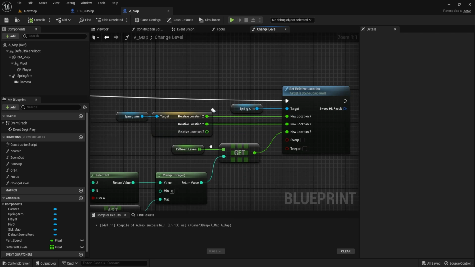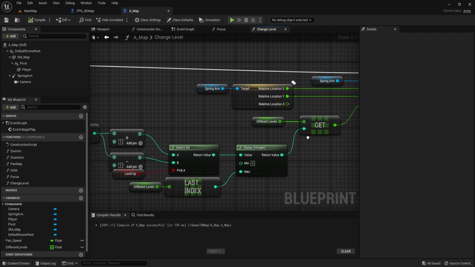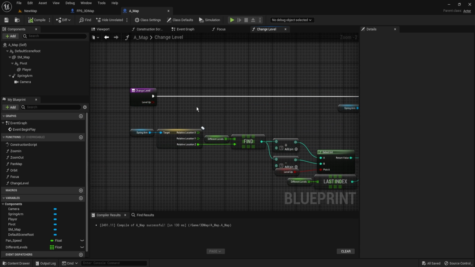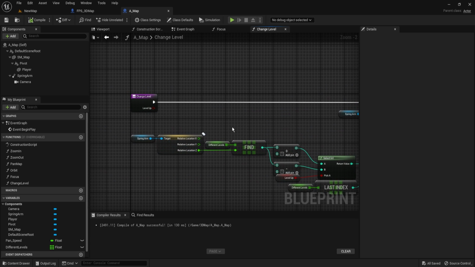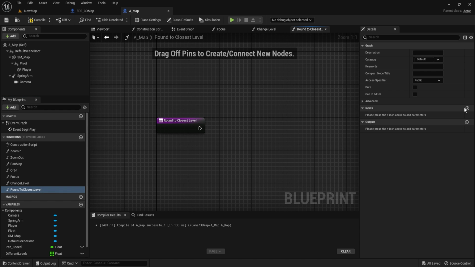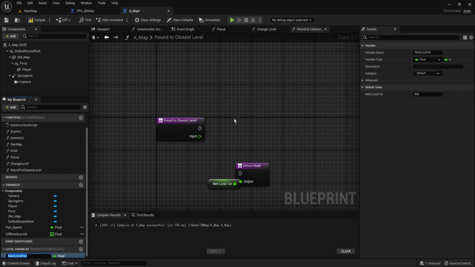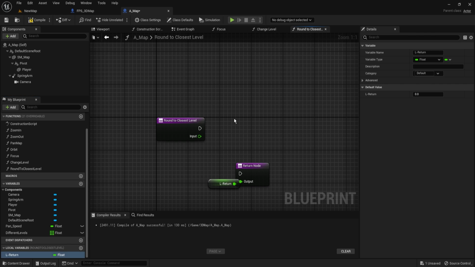So to fix that, what we need is a small little function which is going to round the value of an integer or of a float down to its actual correct Z. So we're going to make a new function which we'll call round to closest level. This takes in an input of type float, which we'll call input, and it has an output also of type float, which we'll call output. Now the output needs to be a local variable, which we'll call L return,